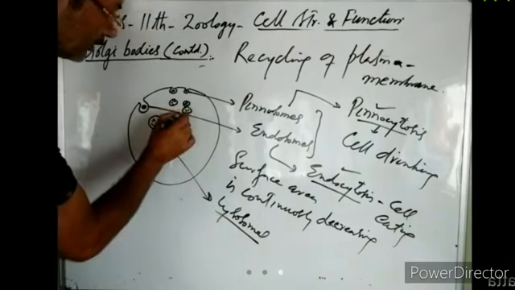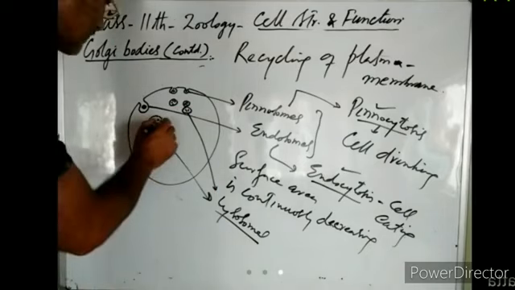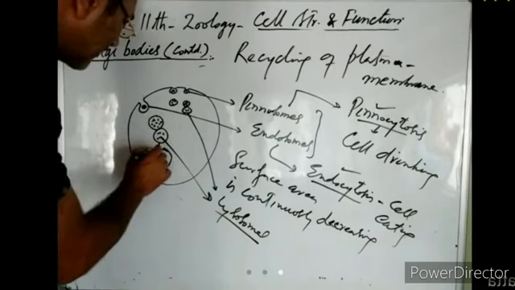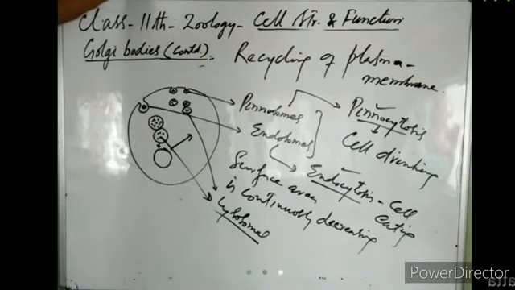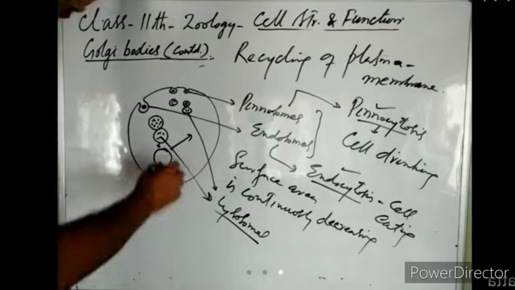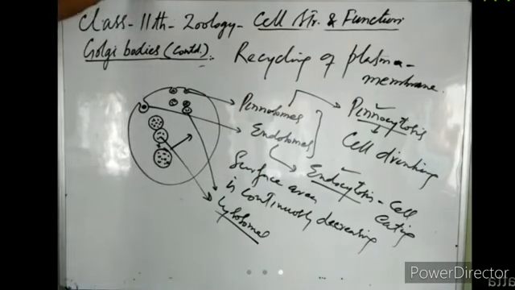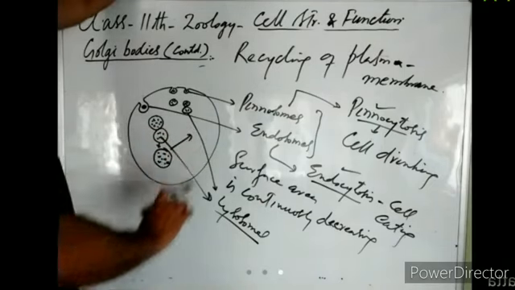Lysosomes are involved in intracellular digestion. So lysosomes digest their contents. So for that purpose, they fuse with the lysosome. When these two vesicles fuse together, their digestion is complete. Then this lysosome joins with the Golgi body on the cisternal phase, on the formative phase. So this part of the plasma membrane is now added to Golgi body.